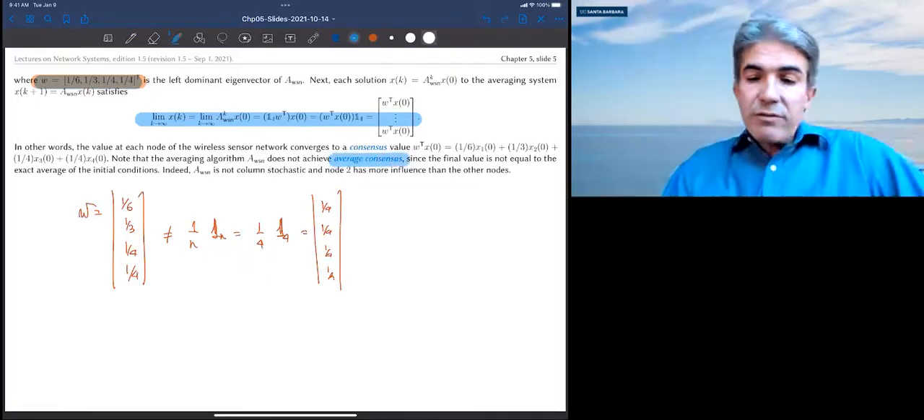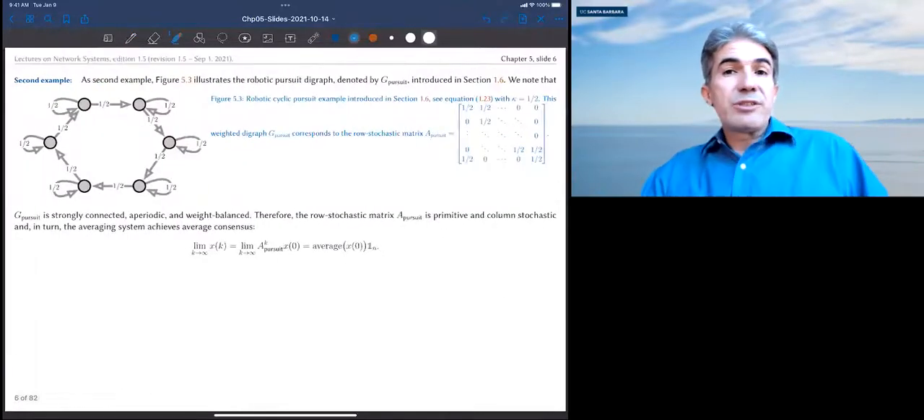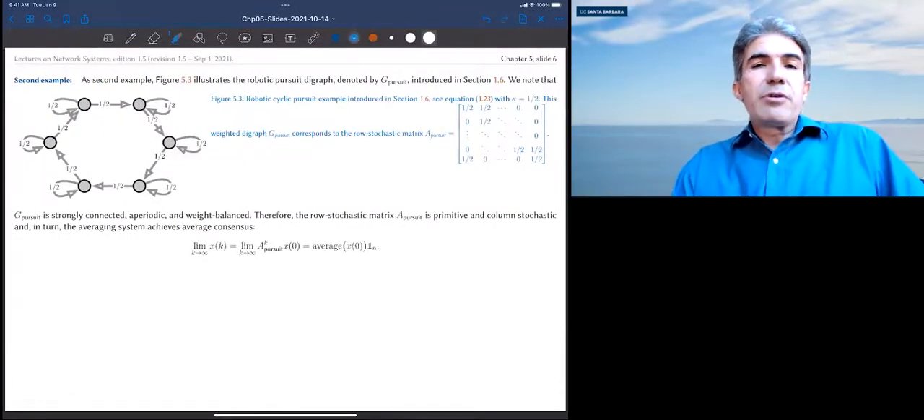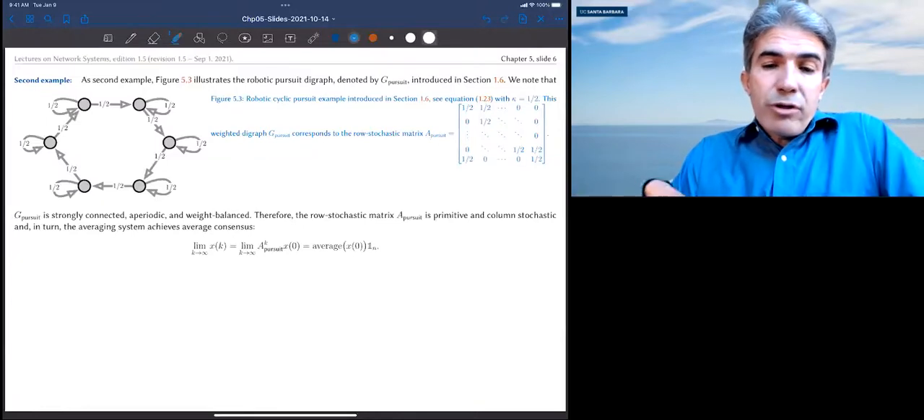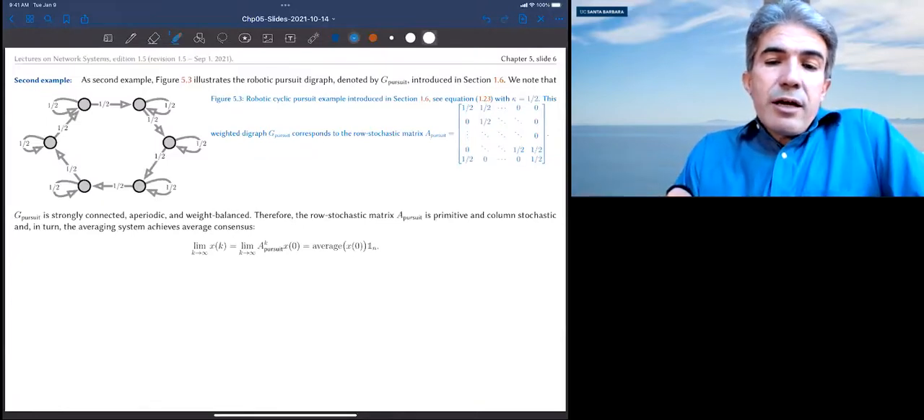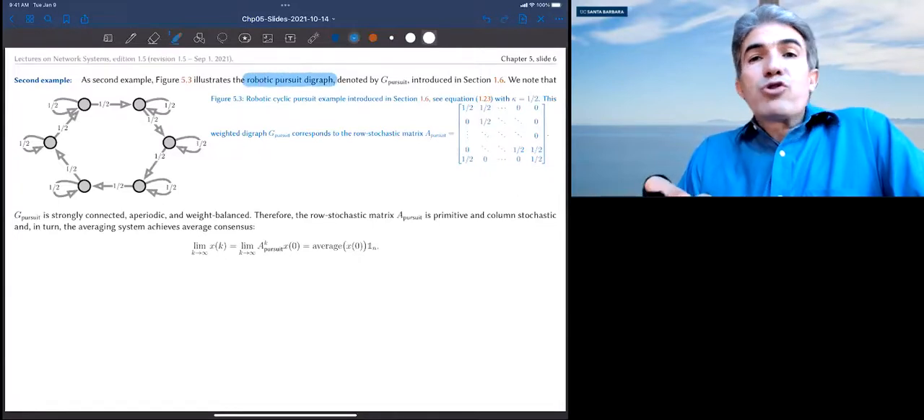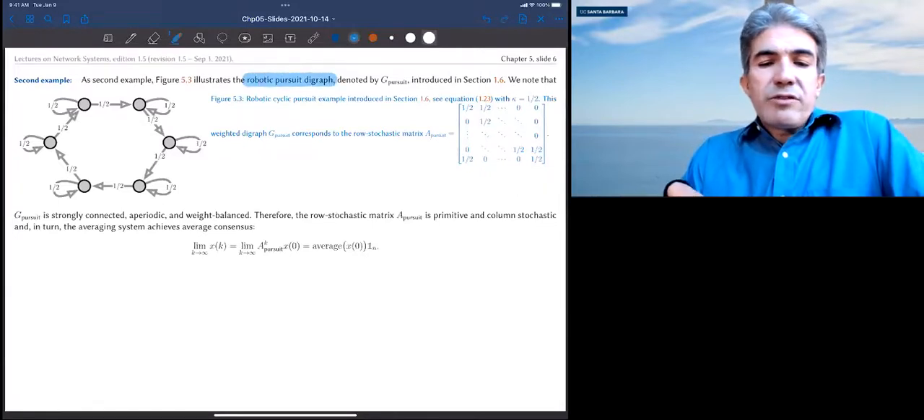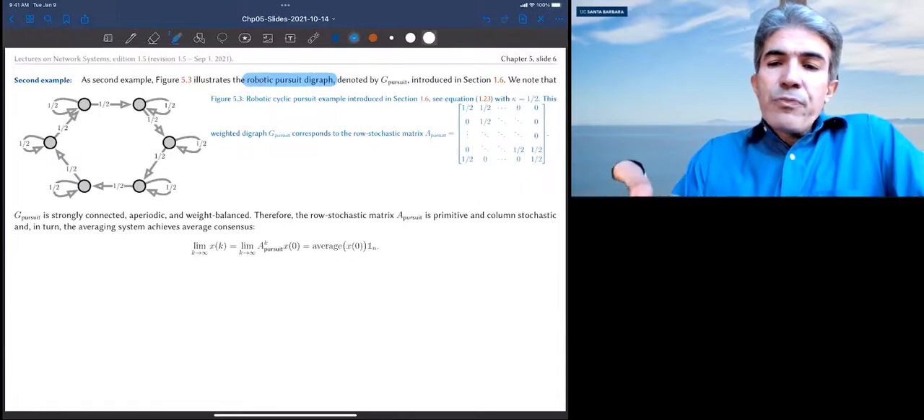How do we achieve average consensus? Here comes the second example. In chapter 1 there was an appendix, I don't know if you had a chance to read it. I remember skipping it in the video, but there is a robotic pursuit problem. It's a cute problem. It's a very nice little problem, and it has to do with a topology of a